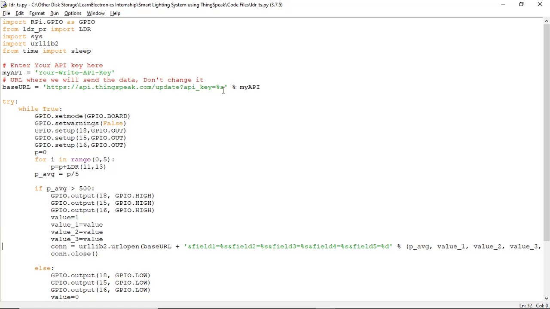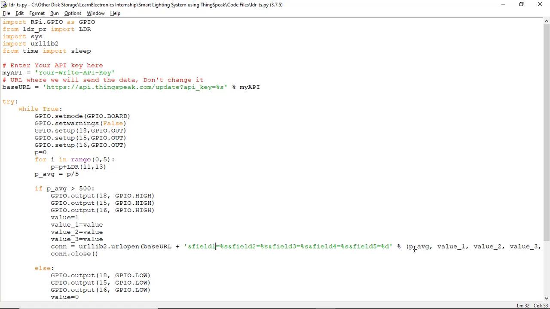Here this command is important to connect to the cloud and put the data into the respective fields. So con equals the urllib module. Then we use the function urlopen in that specific module and use these function arguments: the base URL which we have given already at the top of the code, and then the fields in which the data needs to be entered. So field 1, field 2, field 3, field 4 and field 5 cover all the 5 fields which we have given in the cloud platform and all the values which need to be read there.